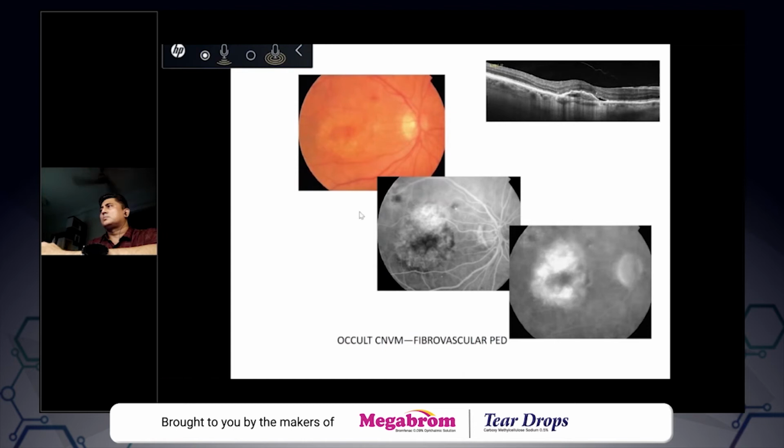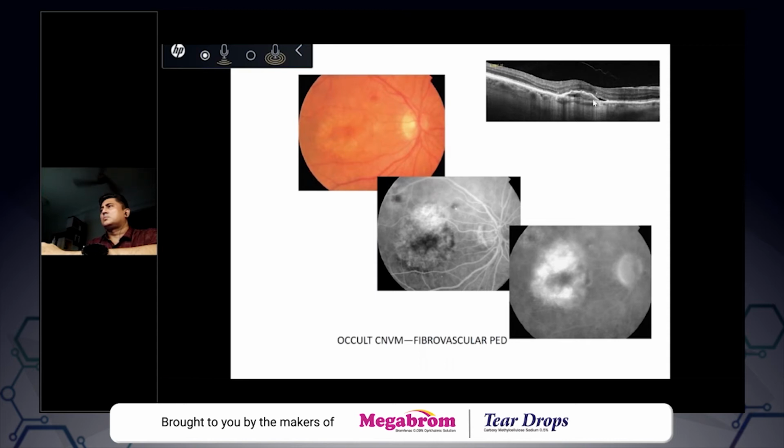But in occult CNVM, there is a stipple hyperfluorescence, which will appear only by 1 to 2 minutes after the injection. As the angiogram proceeds, it will leak, but it will not be so dense as in classic CNVM. So the leak will appear only after around 1 to 2 minutes. And this is actually an area of elevated RPE with some